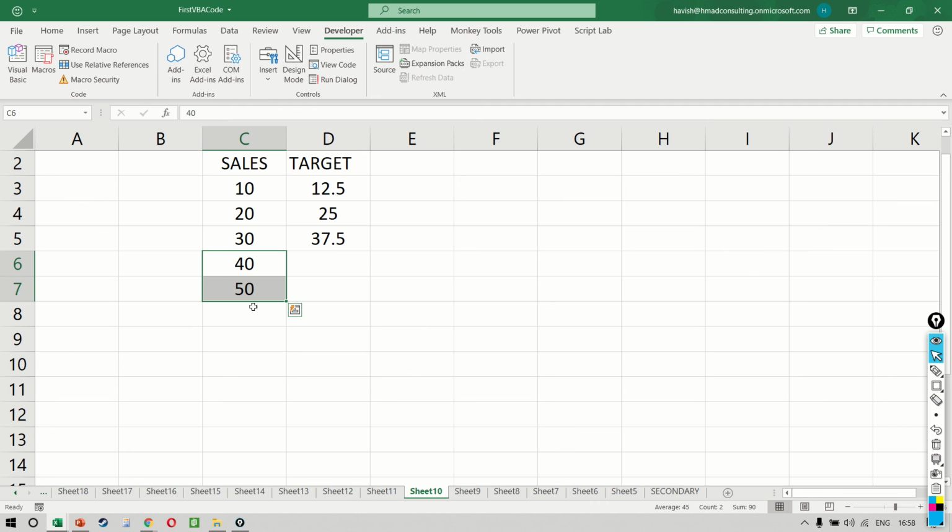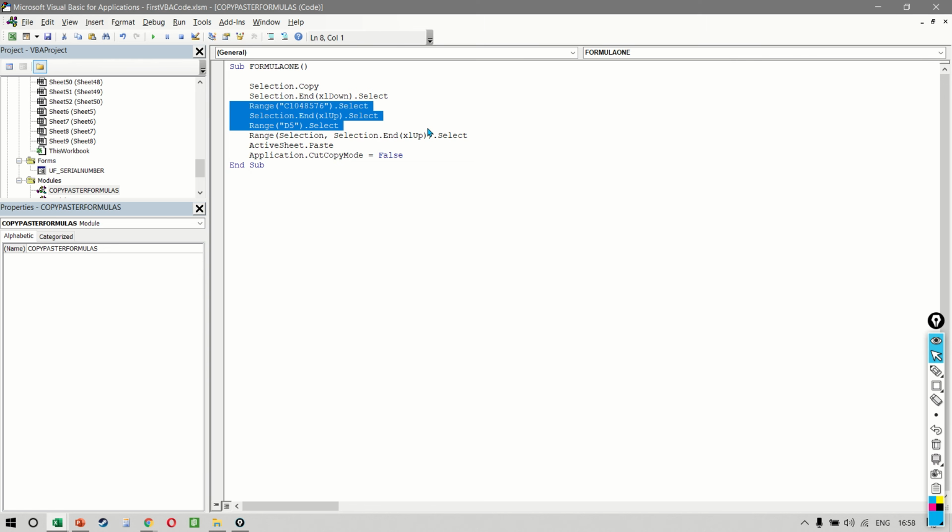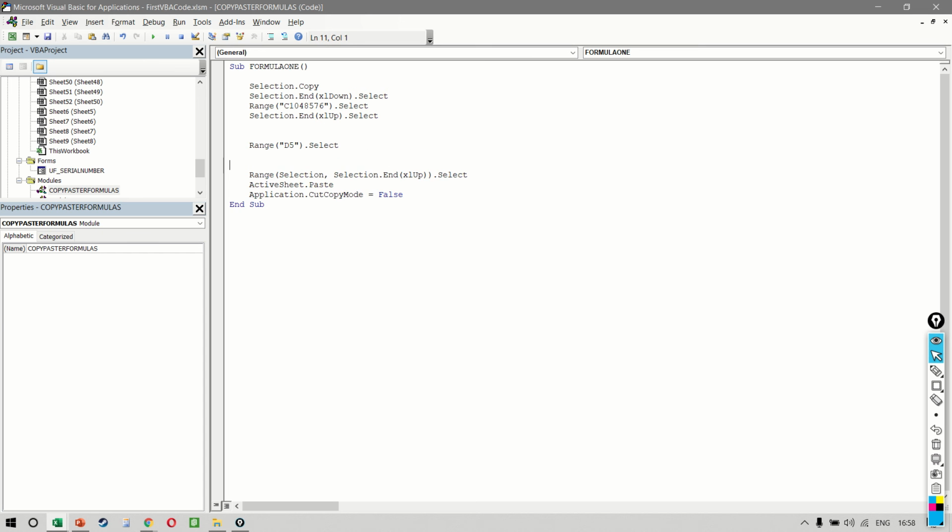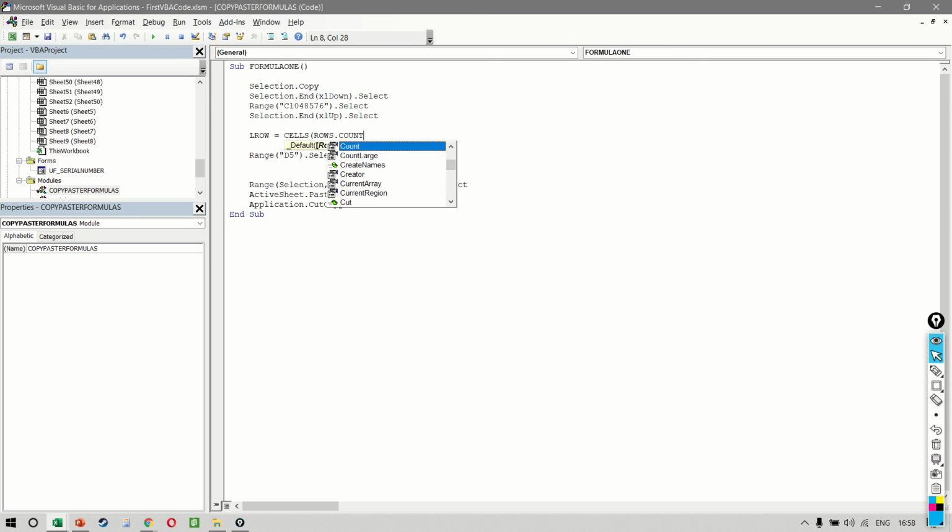For this, we need to find the last row. That means that despite the fact that more rows have been added, we need to find the last row in our dataset, not the last column, but the last row in our dataset. To do this, we can go back to our code and we will say that my LRow, which means my last row, is equal to Cells(Rows.Count, 3).End(xlUp).Row.